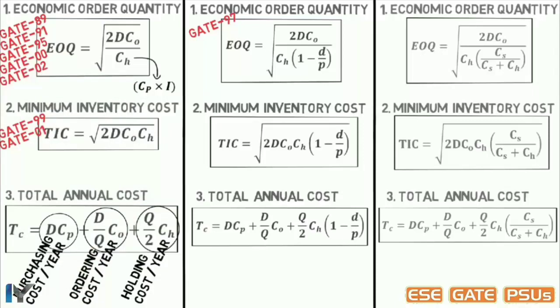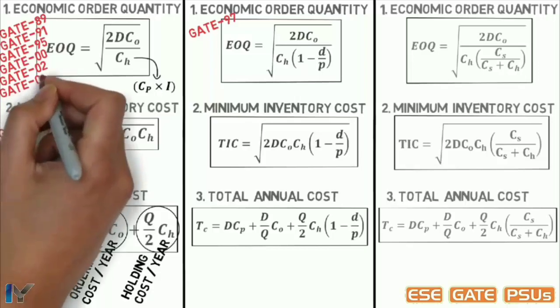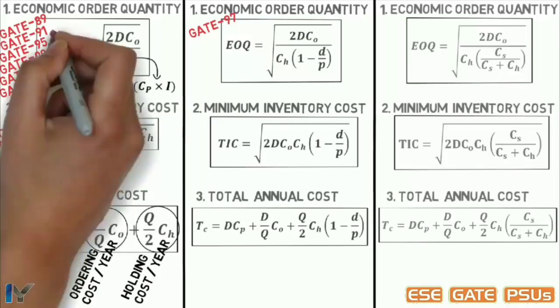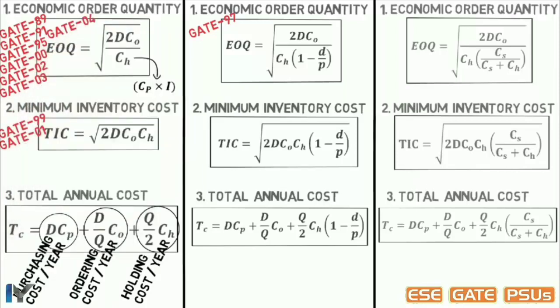In GATE 2002, all the values were given directly and find EOQ. In GATE 2003, same type of question repeated with different given data. Find EOQ. In GATE 2004, a chart was given consisting of all the values of demand, order cost, holding cost for two products separately. The question was, ratio of EOQ for these two products is. So first find out EOQ for both the products separately and then find their ratio.